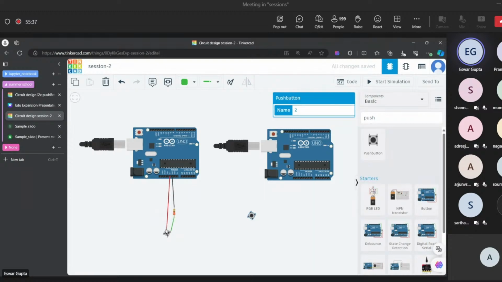So here it is 2A. Try to keep 2A only here. Now it is 1B here. Rotate one more time. So 1A here, rotate one more time. 2A. Okay. So you drag the push button and press R to rotate, such that you get 2A up here. Okay. Got it.